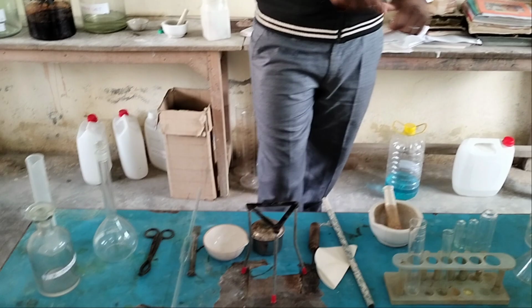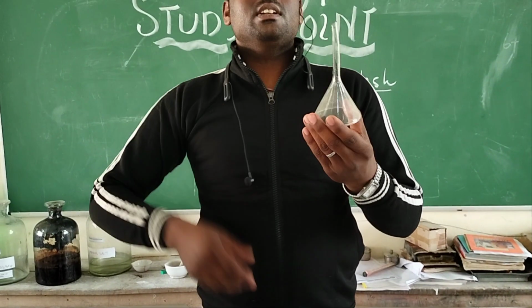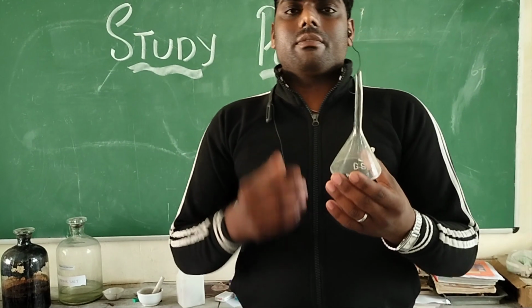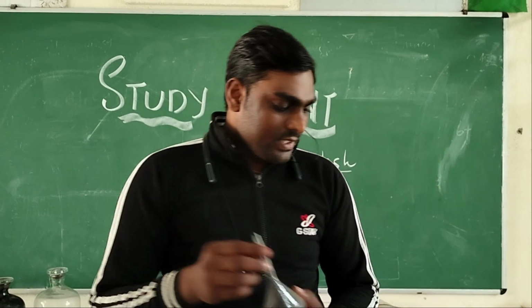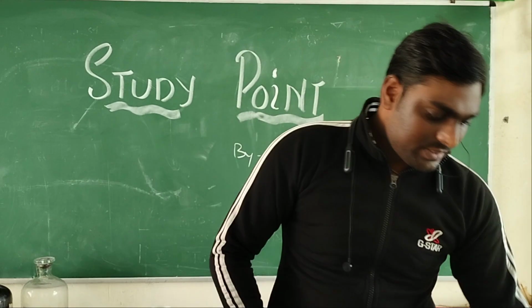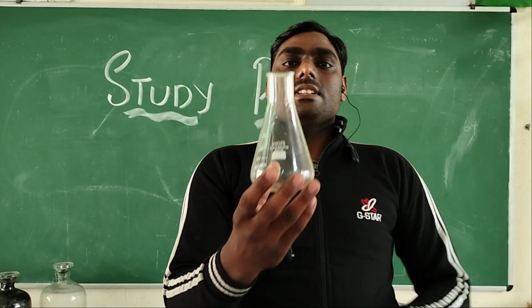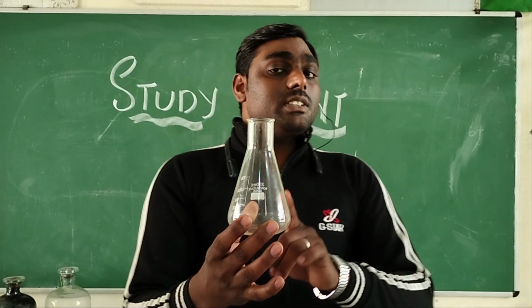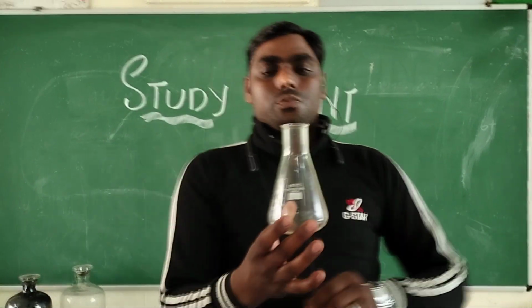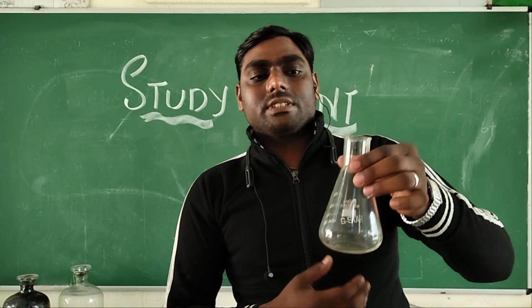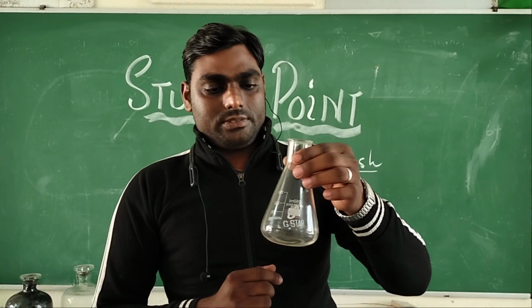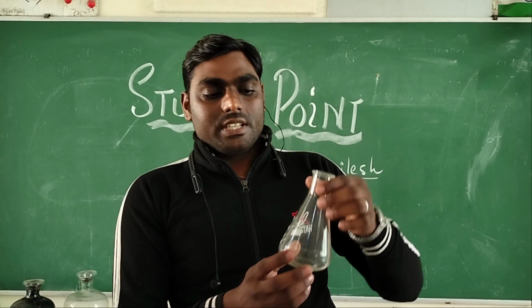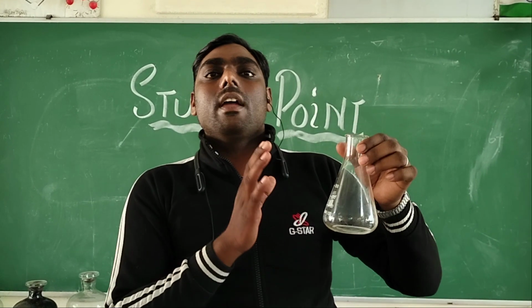Another thing which we are going to use is known as a funnel. It is a glass funnel which is used for the filtration of different substances. So this is known as a glass funnel. Okay, our next equipment is this. See, its name is conical flask. What is a conical flask? It is used to store different types of chemical substances, and for mixing or stirring the substances we should use a glass conical flask. It is basically a measurement of 250 ml.